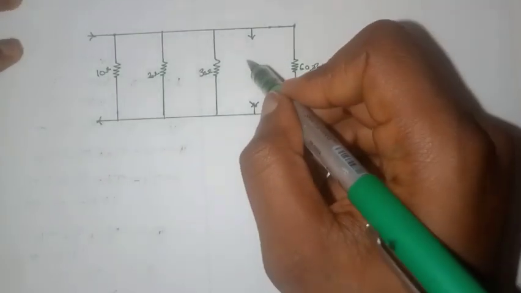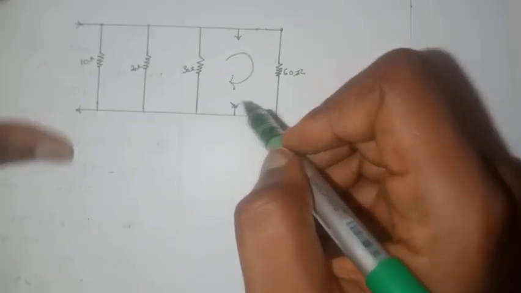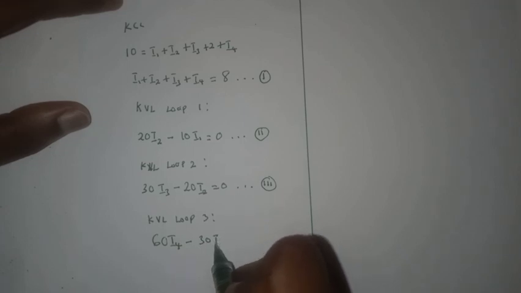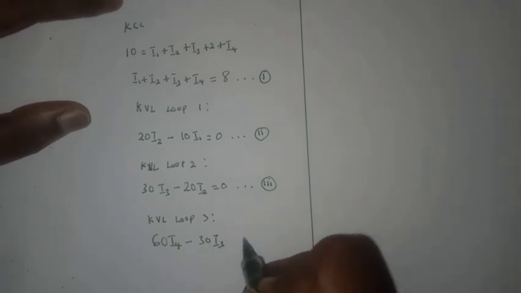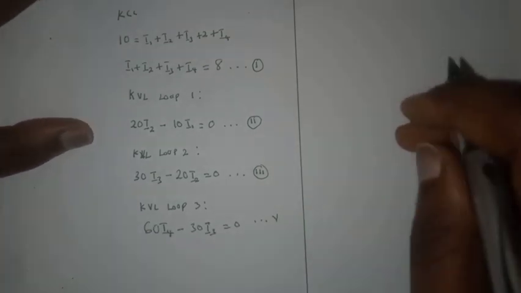So we can write a KVL in this loop, and then you have KVL loop 3b: 60I4 minus 30I3 equals 0. Okay, so we have 4 equations. We can solve